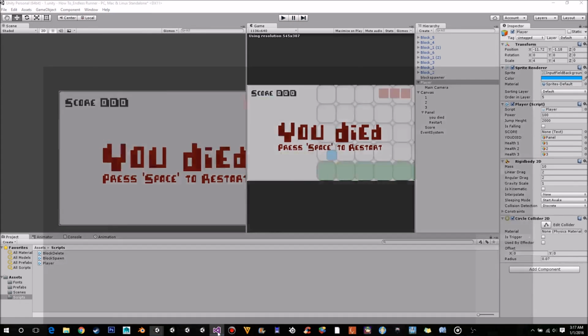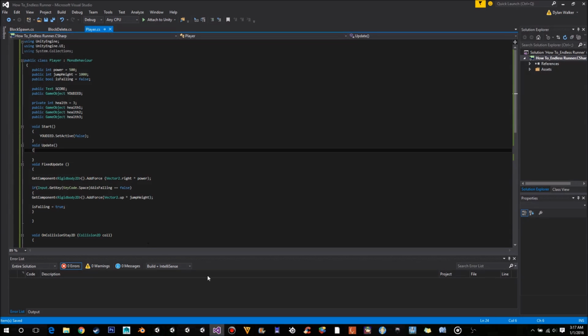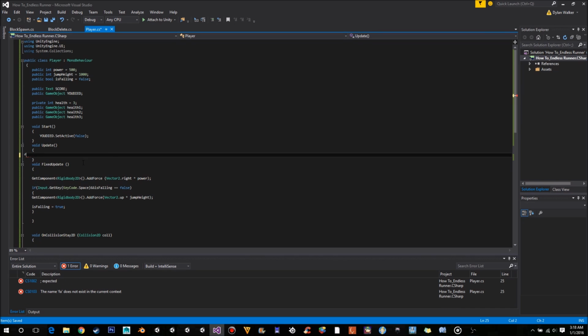So now we can go back to our script, and we'll start adding in stuff for our health. The health is going to be a little bit of scripting, but it's going to be pretty repetitive, so we'll do a lot of copy and pasting. So to start off, we'll add our if statements for our different states of health. So we'll want to add an if health equals